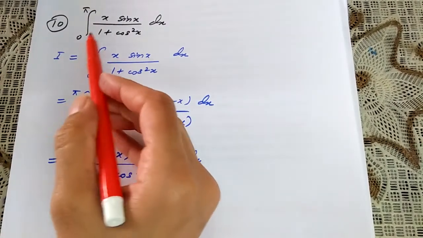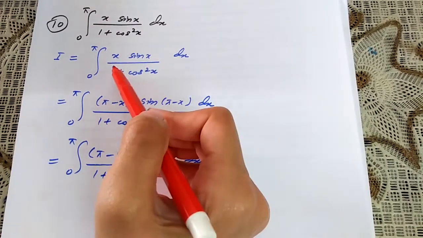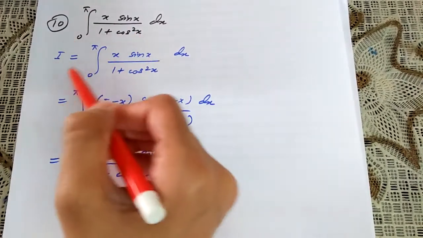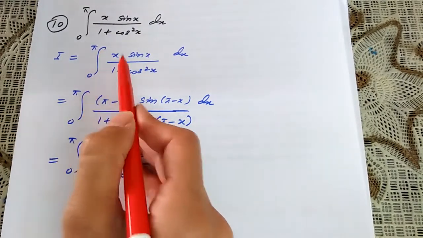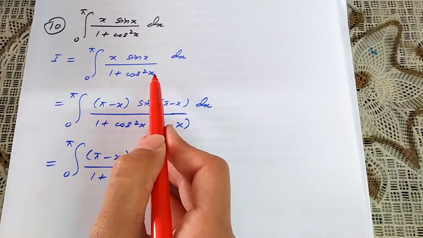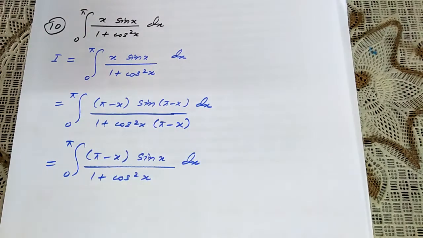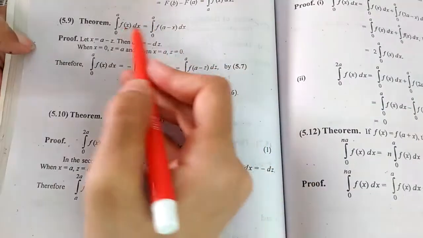Question number 10 is integrate from 0 to pi x sine of x dx over 1 plus cos square of x. Let this integral equal I. This will be I equals integral from 0 to pi x sine of x dx over 1 plus cos square of x. Now using the theorem of book 5.9 that is given on page number 176,